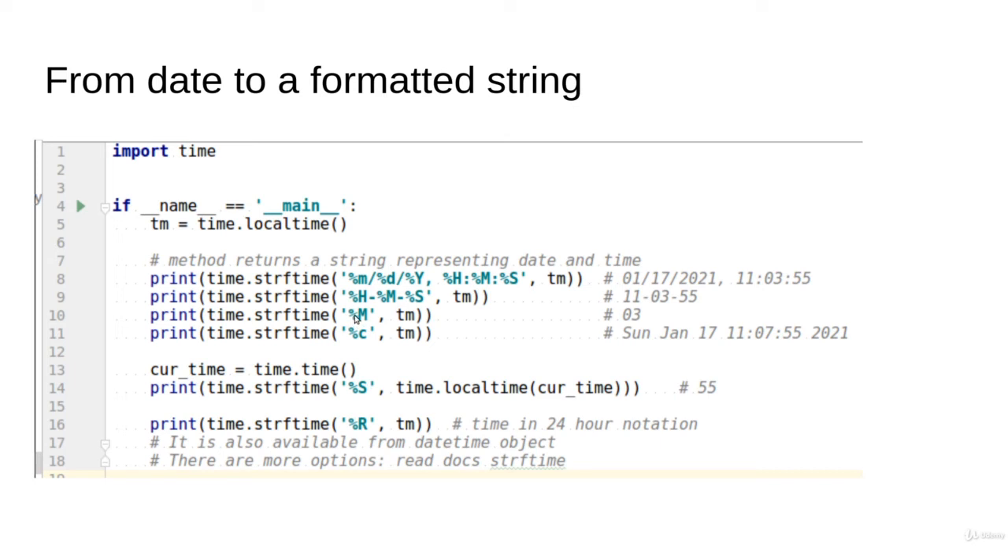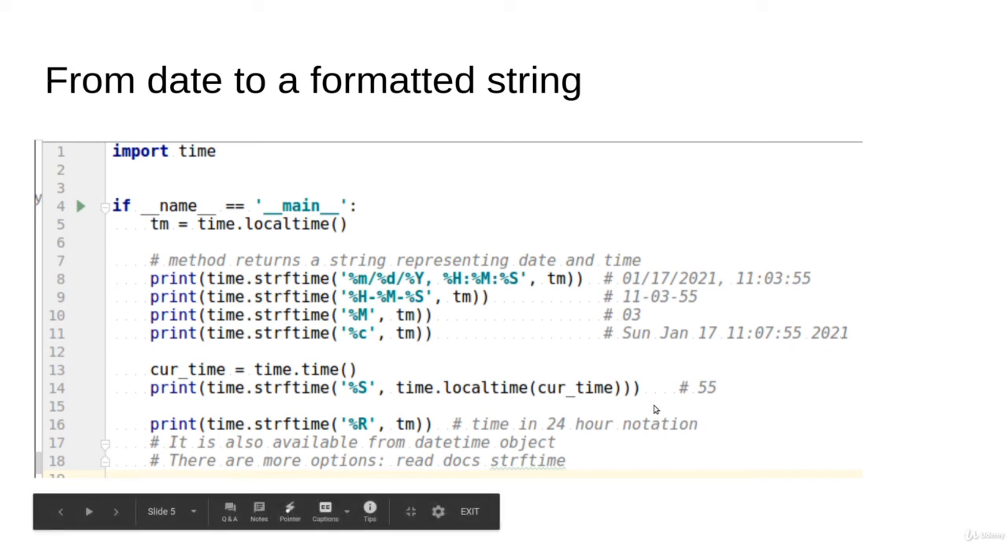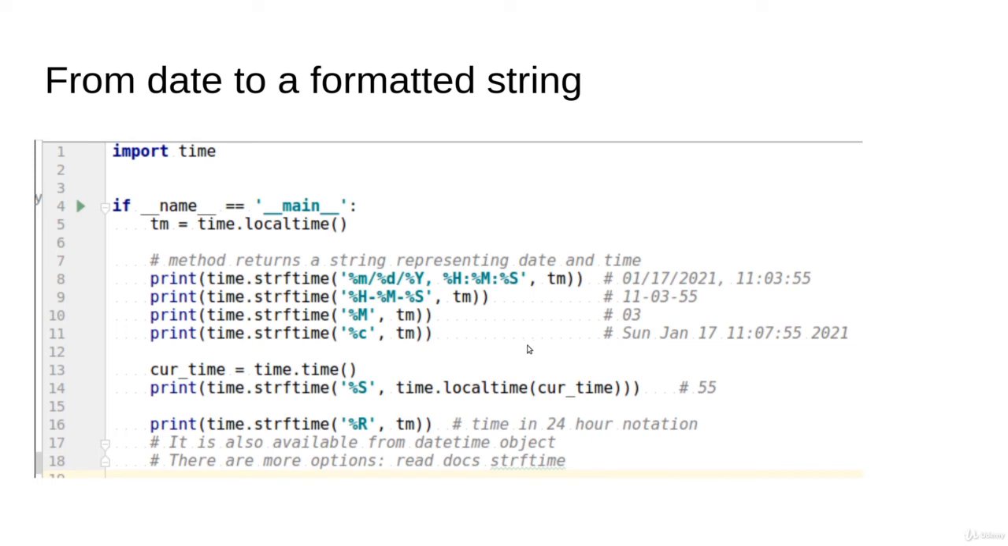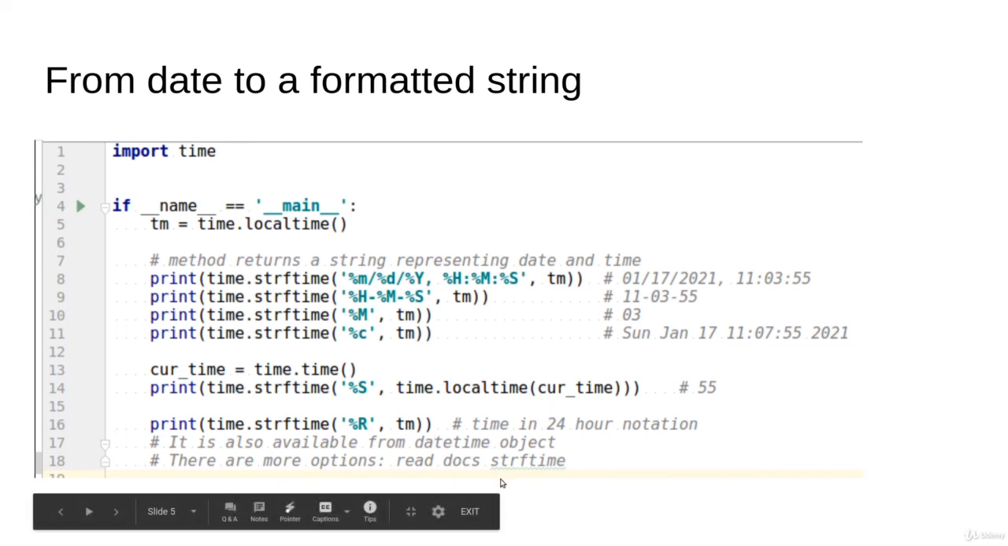The M is going to bring only the number of minutes. The C will give it in this format. The S and the R, I forgot what the S was, honestly. And the R is the time in 24-hour notation. This kind of functionality is also available in the datetime object. There are many other parameters that we can submit to the